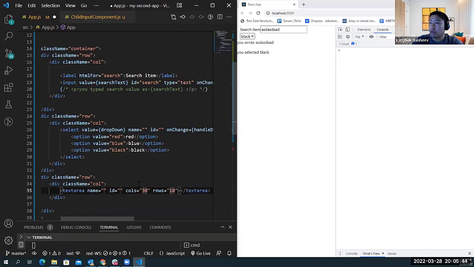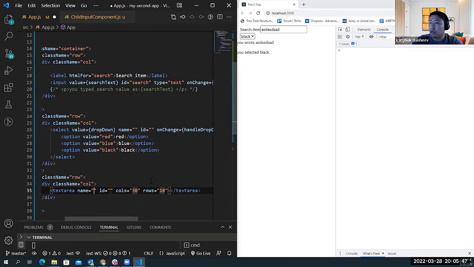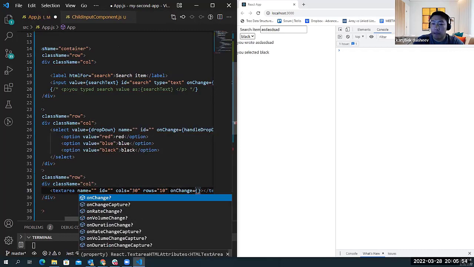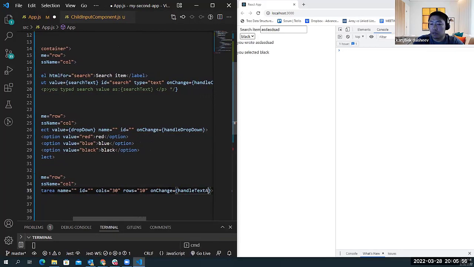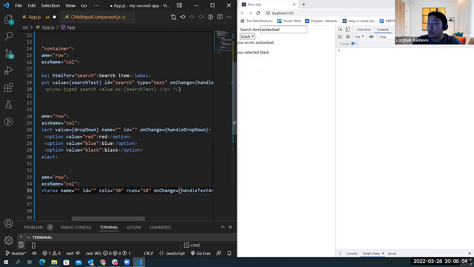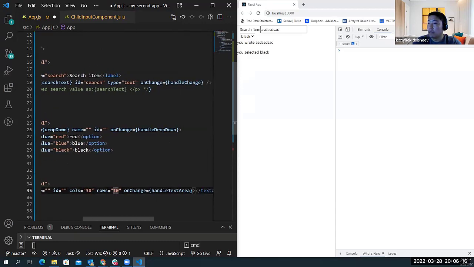Okay, and so let's say that we can also attach an onChange event handler, onChange handleTextArea. So this is what input text is, but this text area can be a little bigger, where you can submit your reviews, your essays, and much more, longer paragraphs. So we define its dimension like columns and then rows. So handleTextArea, and of course,